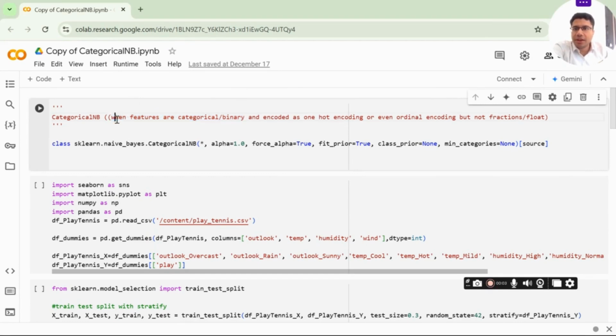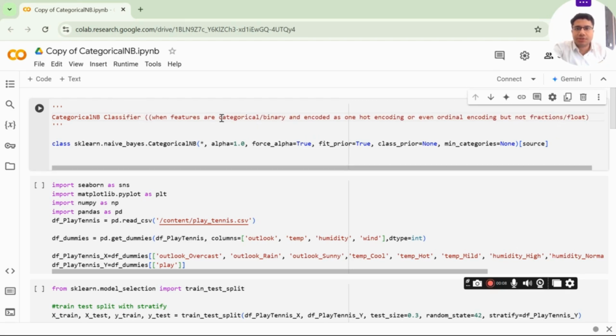Categorical naive Bayes is a classifier used when the features in the data are categorical or binary or even ordinal, but they are encoded. This technique does not allow fractions or floats, so it is not suitable for data that has fractions or floats. If you do a Google search and type Scikit-learn categorical naive Bayes, you will find the data, the class, and the